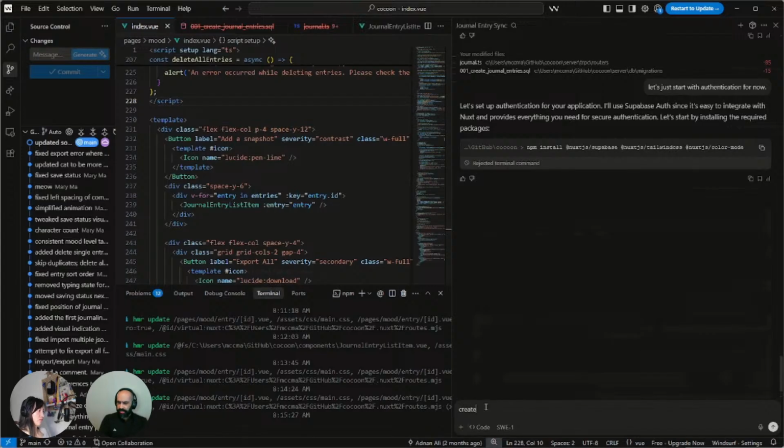So let's think about the thing that we want: user authentication with username, password, using SQLite. And let's see what it does, because with its initial plan, it was still trying to do too much. Or email. I guess email and password is more precise.